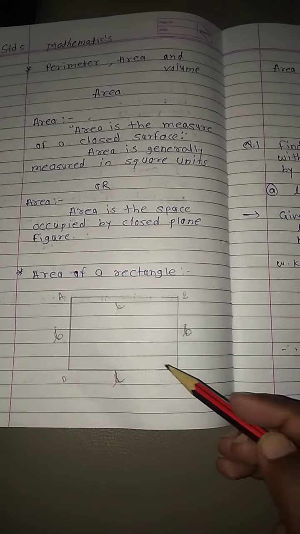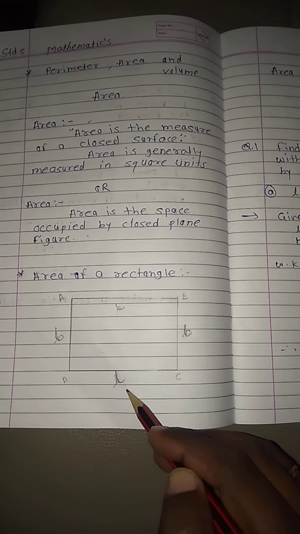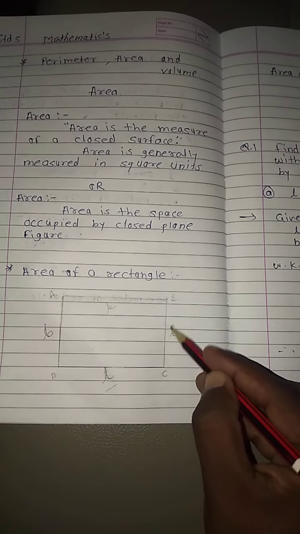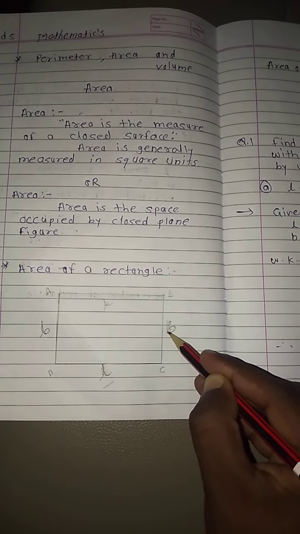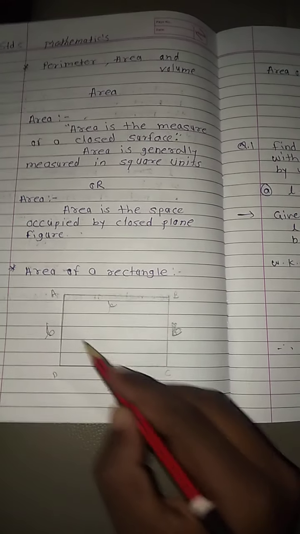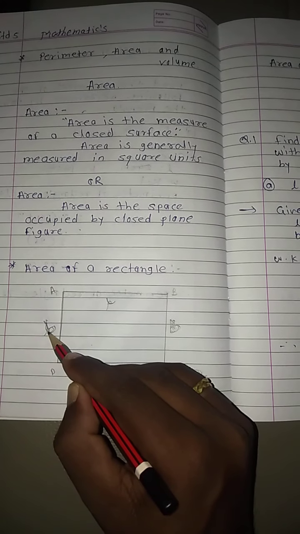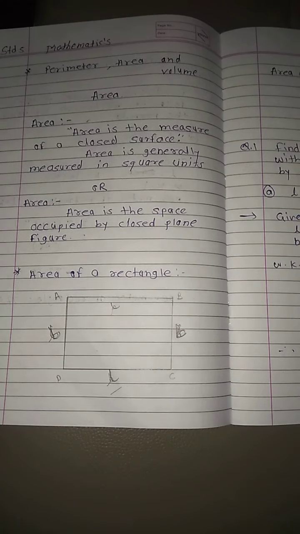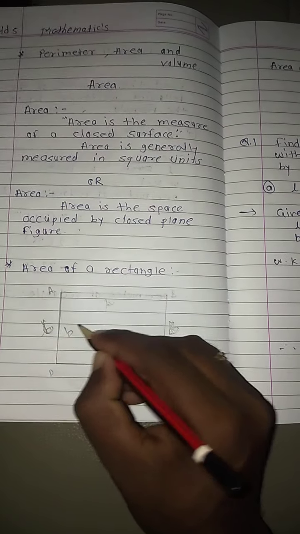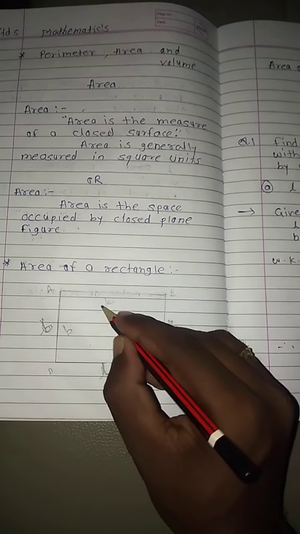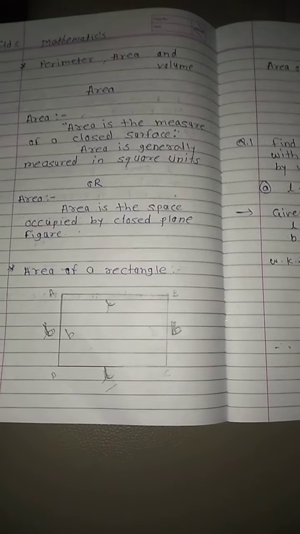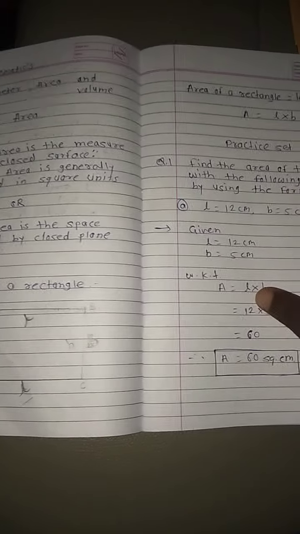Length is denoted by the letter L and breadth is denoted by the letter B. I hope you understand. L stands for length and B stands for breadth. This is your breadth, this is your breadth, and this is your length, and this is your length. Now we will discuss the formula of the